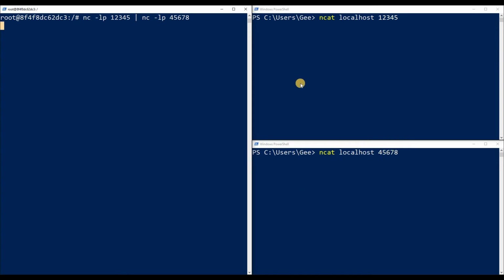But notice that these two are actually my local host. This is my machine. It's not a container. So I'm gonna say hello, and as you can see, it actually spit it out on this container, or this local host with this port. This is not 1, 2, 3, 4, 5, and there you go. So everything that's being passed into the port 1, 2, 3, 4, 5 is actually being passed into 4, 5,